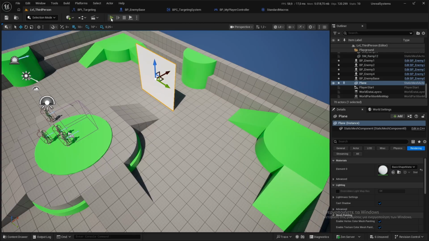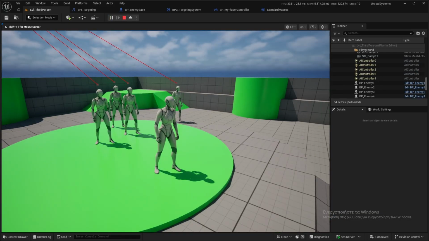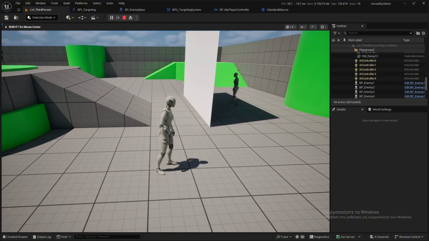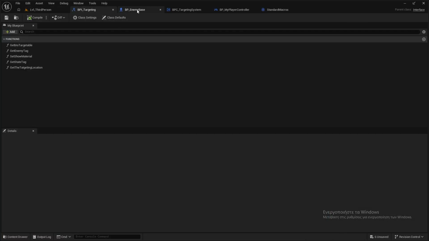Because it's world static, it won't target the enemy behind the wall. Okay,